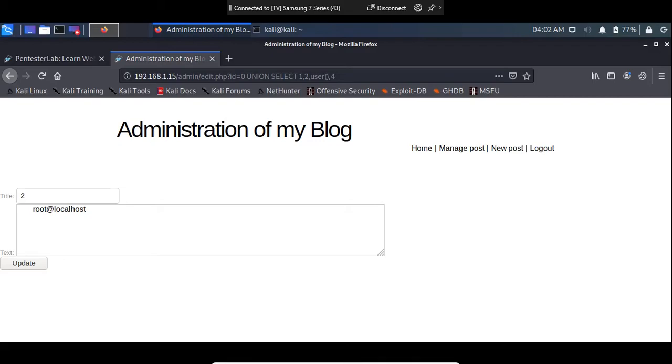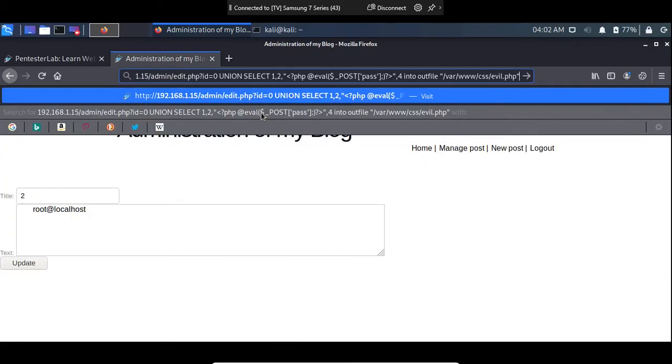Now I will try with the previous information that we got, the /var/www, that's the absolute path. We'll try to add a new file with the following payload. We'll add a new file called evil.php to the CSS directory,